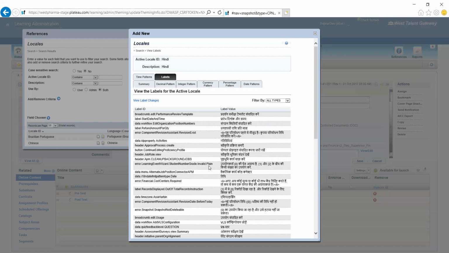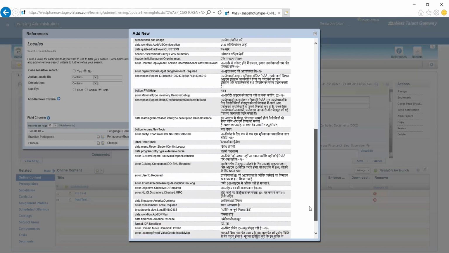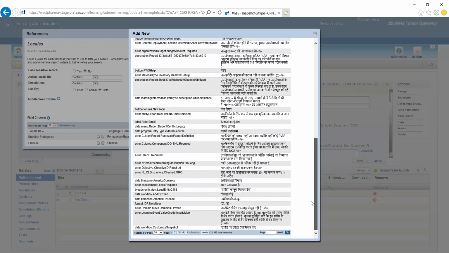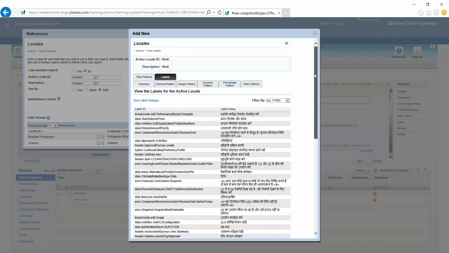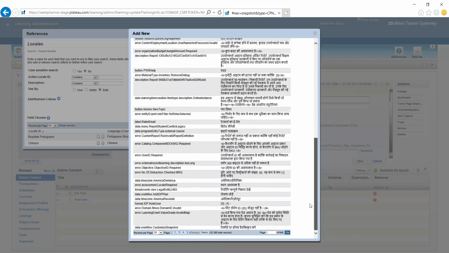In that case, you can give this to those specific users so that they can at least read all those things. Like for an external course, it shows Bahari Pathyakram. In India, SAP has given only English and Hindi; no other languages have been created. So you can leverage this concept.